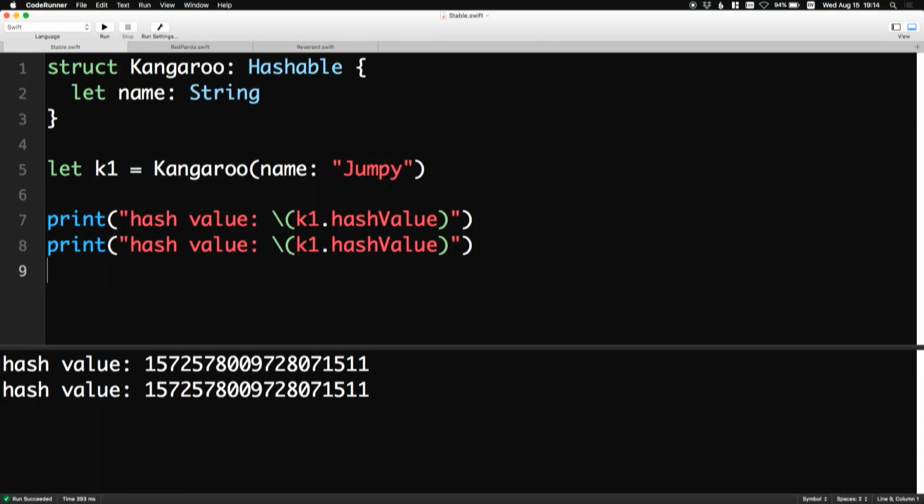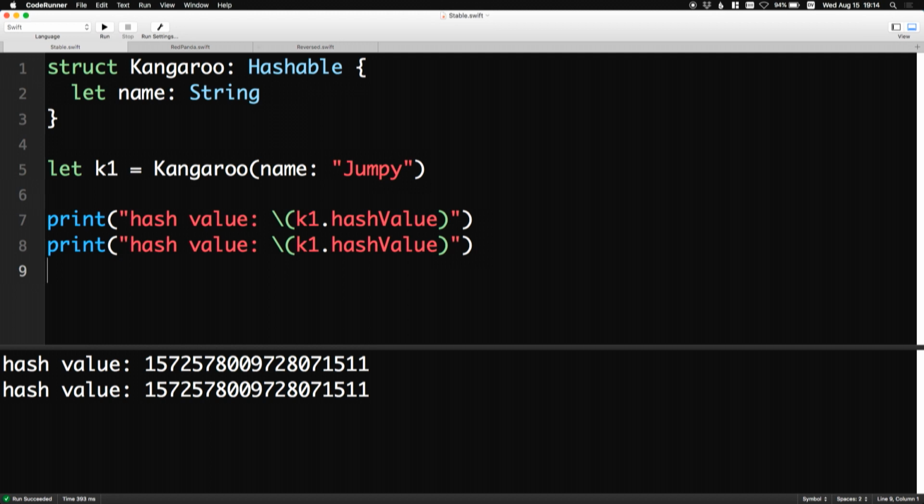But there's a note in the documentation saying not to do that, because hash values aren't stable between launches of your program. And you think, that's crazy. I launched the program a million times, and it's always the same. But that's sort of the documentation versus implementation. There's "don't do this, please. Don't rely on this." But this kind of leads to subtle bugs, because you're relying on this